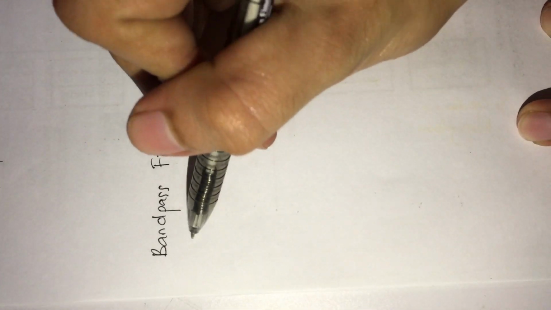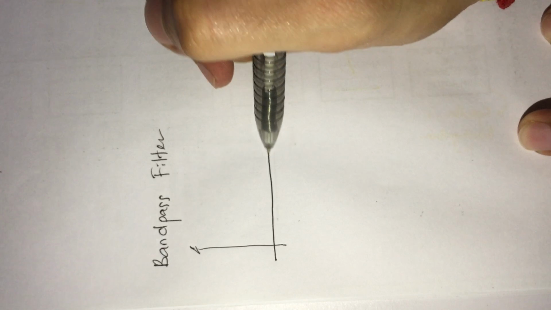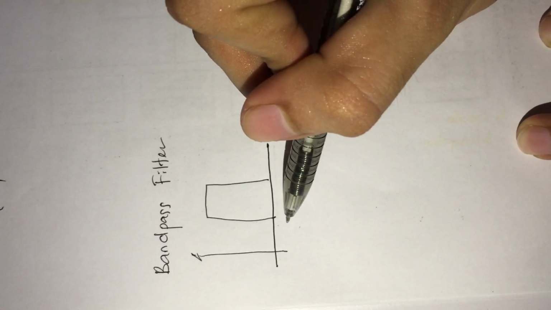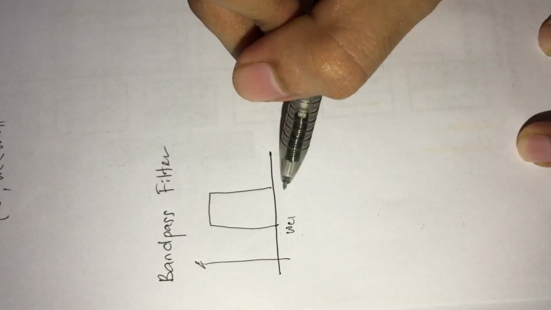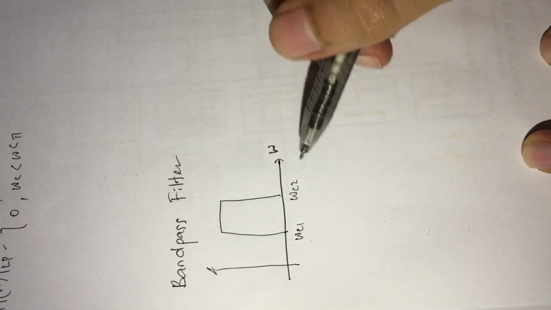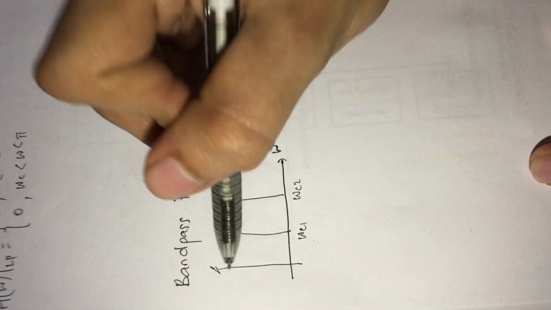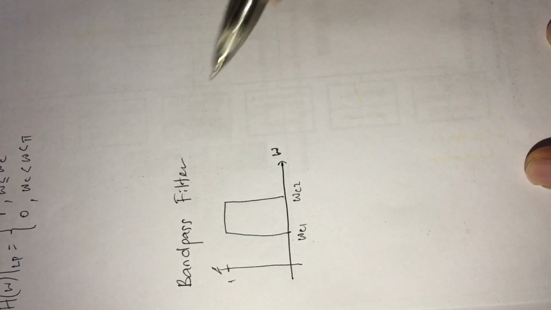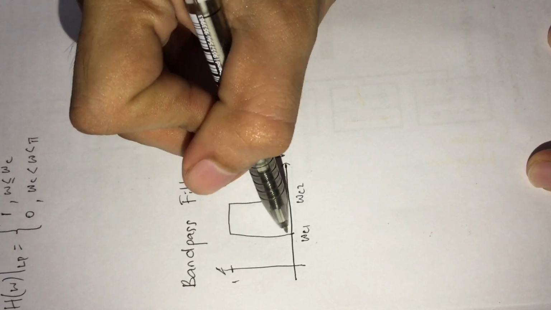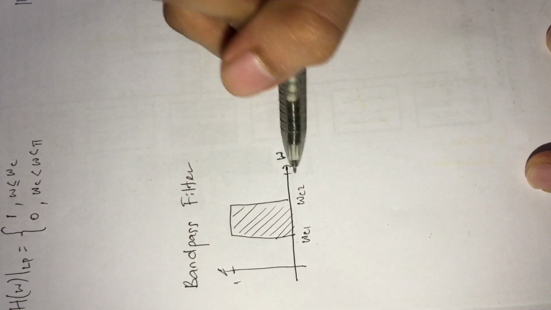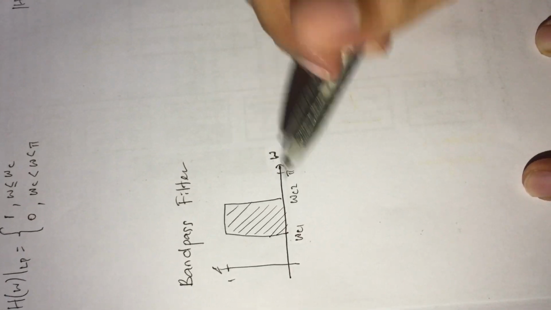Next, we'll talk about the band pass filter, and the graph is like this. It is between cutoff frequency 1 and cutoff frequency 2. What you can see is that it allows frequencies between cutoff frequency 1 and cutoff frequency 2 to pass through. Other than that, it will be filtered out. So the equation is